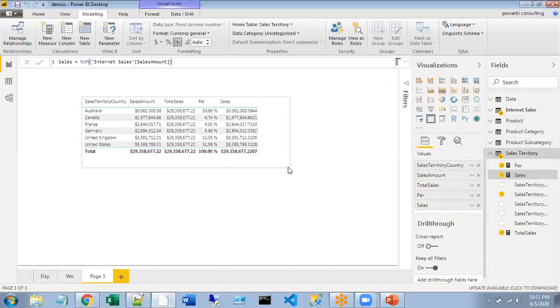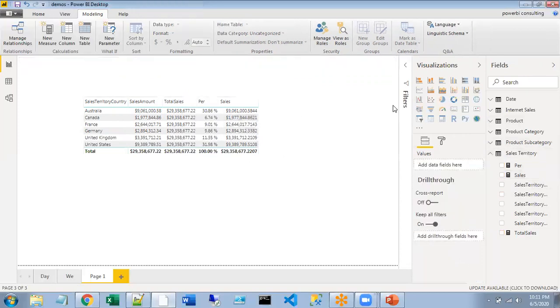Now if you see the context here, the summation will get applied only for Australia. Here the context is Australia, here it is for Canada, here it is for France. So your measure is always going to change based on your user selection.